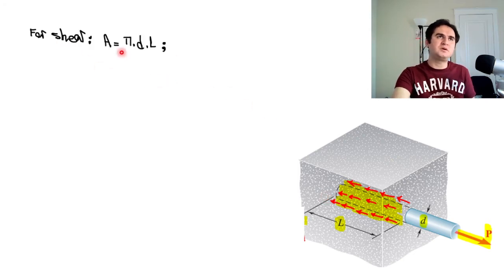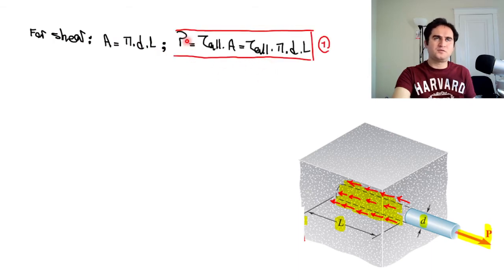So for shear, our area is nothing but pi times d times L. All around our circle, pi times 2r, is our area,